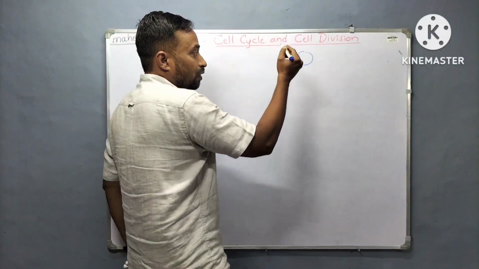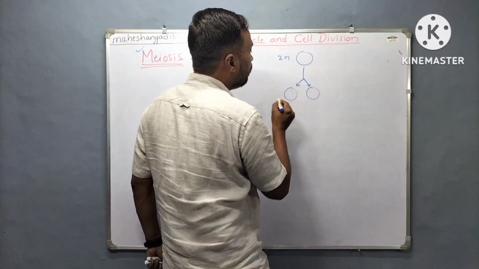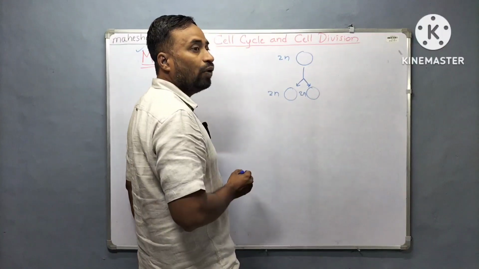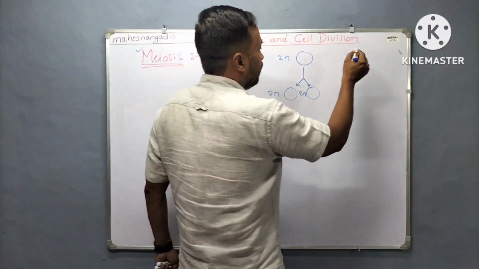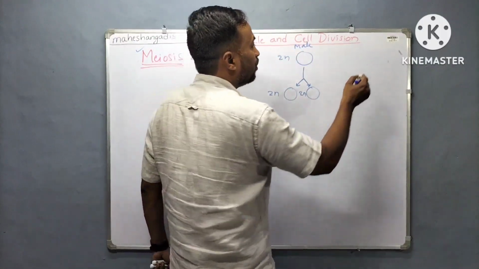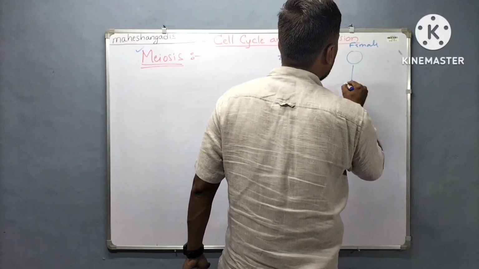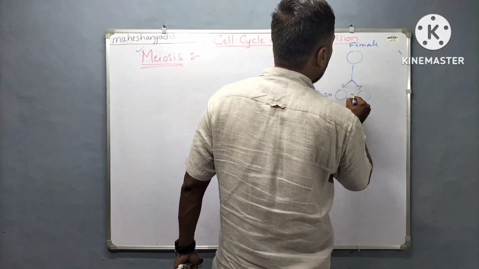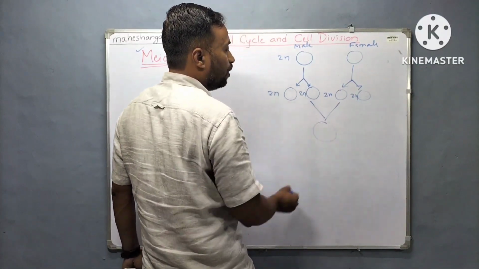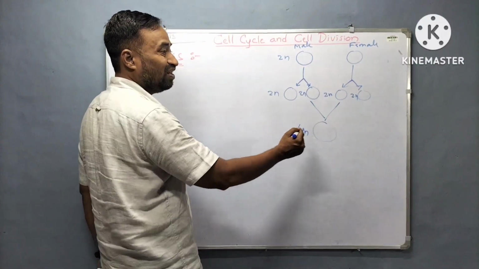diploid, if gametes are produced by mitosis, then what happens? Let us see. If gametes are produced by mitosis, the daughter cells formed have the same number of chromosomes because mitosis is an equational division. In such a case, gametes are going to be diploid. Let's assume it is a male body and it produced two diploid gametes because of mitosis, and here it is a female and it also produced two gametes by mitosis, which are also diploid. In such a case, what happens? By fusion of gametes, whatever progeny is formed is going to have 4n number of chromosomes,